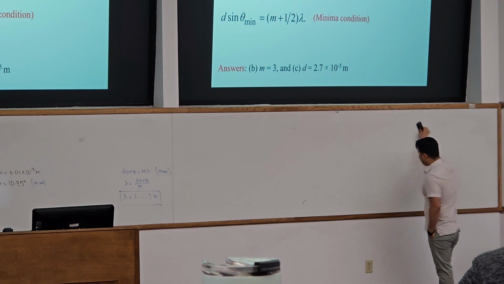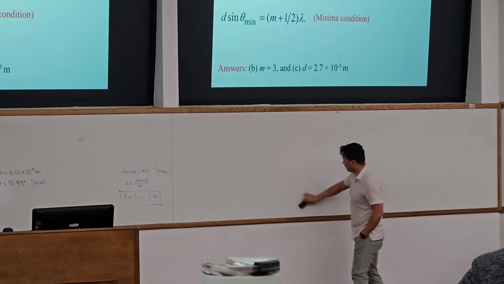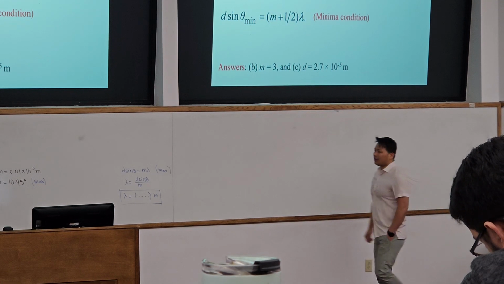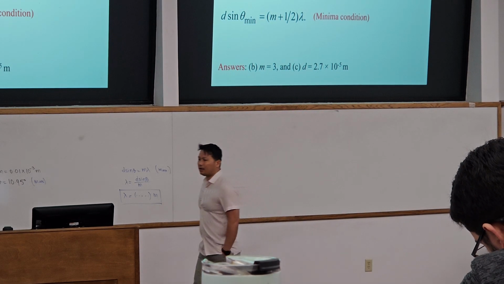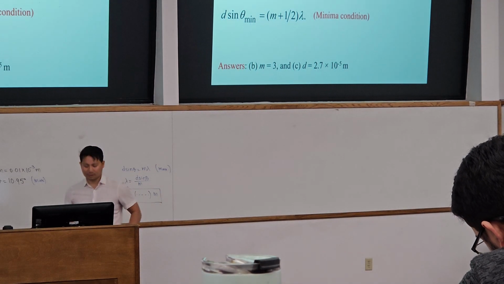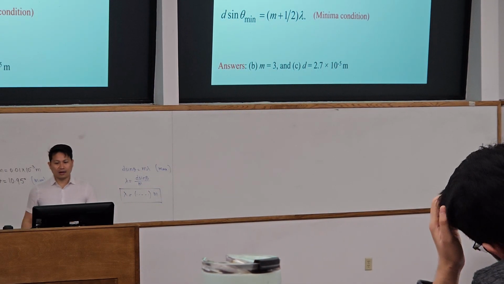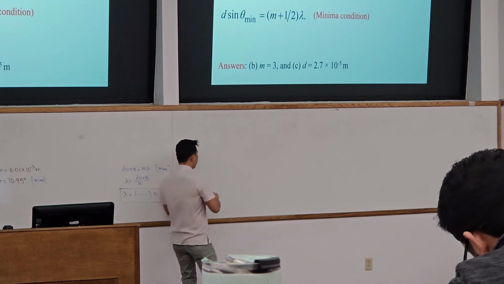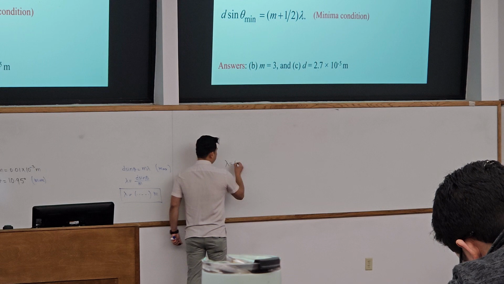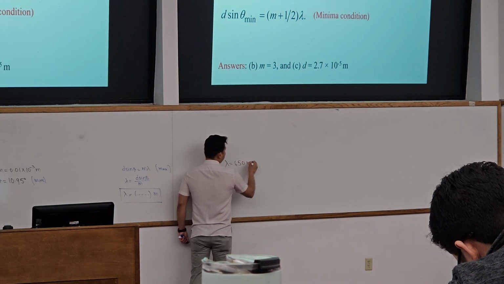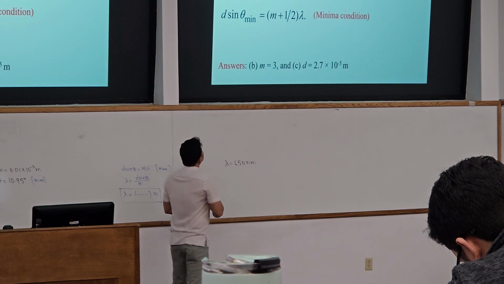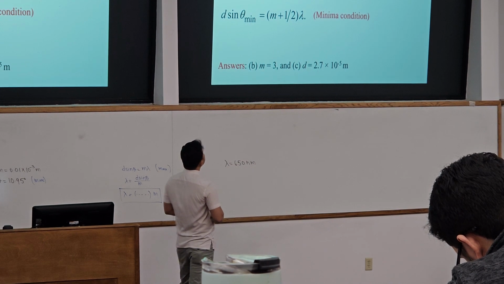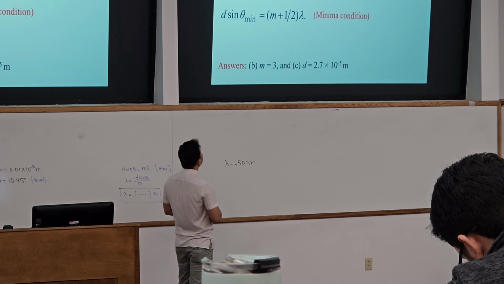So over here you have a Young's double slit experiment. According to this problem, light of 650 nanometers is incident on 2 slits. So it's a double slit. The wavelength is given, lambda is 650 nanometers. Okay. It is incident on 2 slits. A maximum is seen at an angle of 4.10.